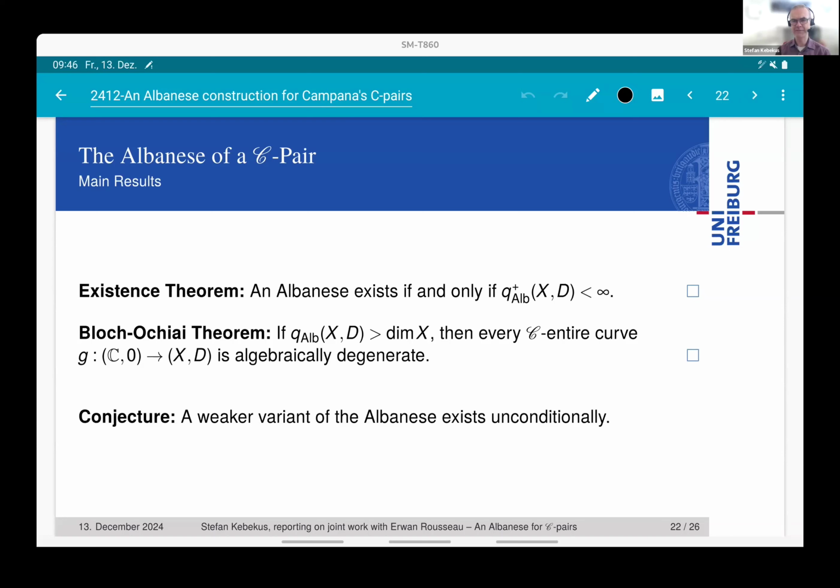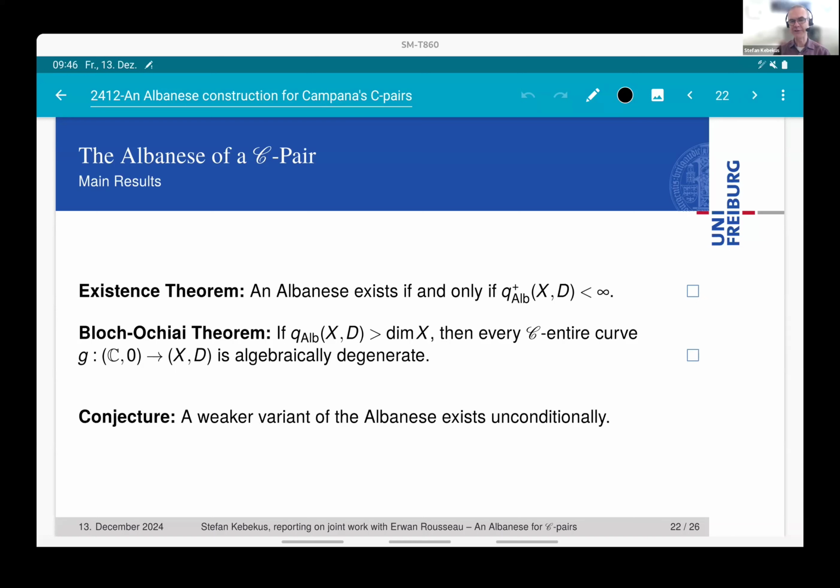So you have a space, a complex manifold, maybe a projective manifold, and you look at entire curves into that space. So holomorphic maps from C into this space. And you ask yourself, is it possible that the image of that entire curve will be dense? Can it be dense? And a classic result known as the Bloch-Ochiai theorem, what was really proven by Kawamata, is